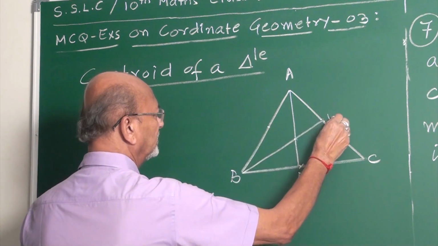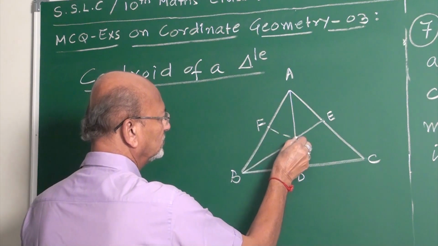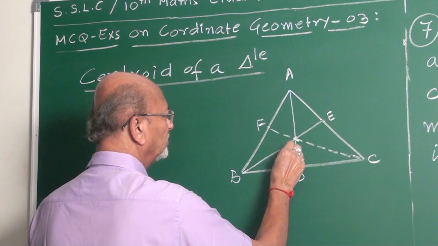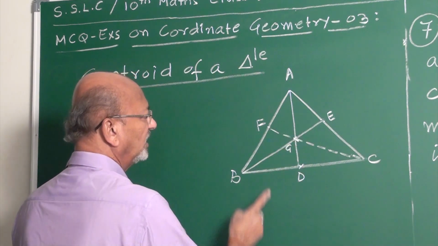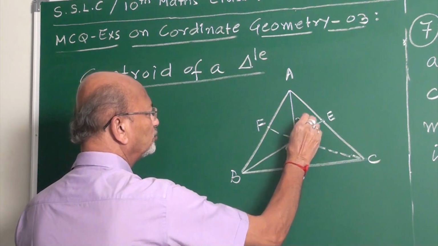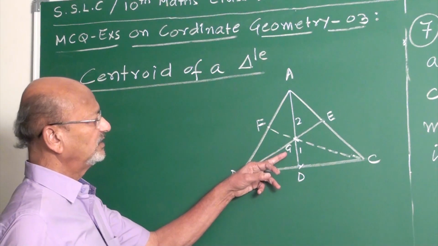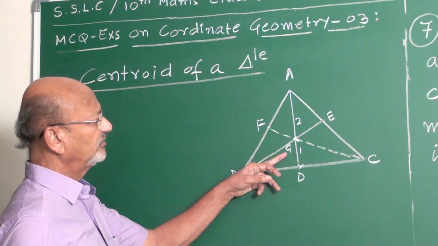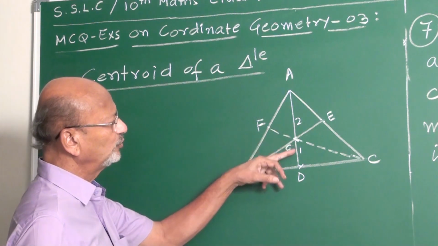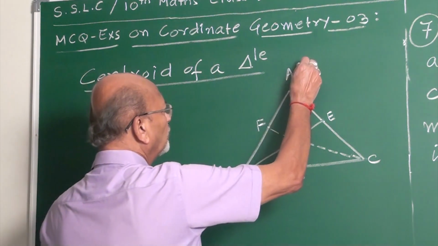This is E. Then this is F, my friend. This is G, usually we denote it G. And G divides AD in the ratio 2:1. G is the centroid. The centroid of a triangle divides each median in the ratio 2:1. Then, if the coordinates of A